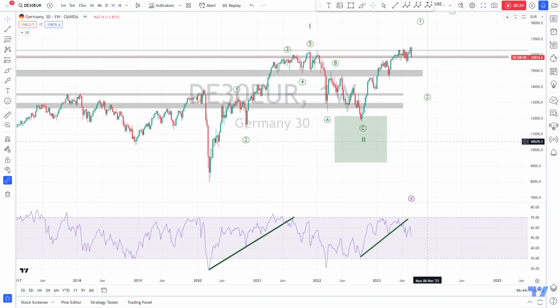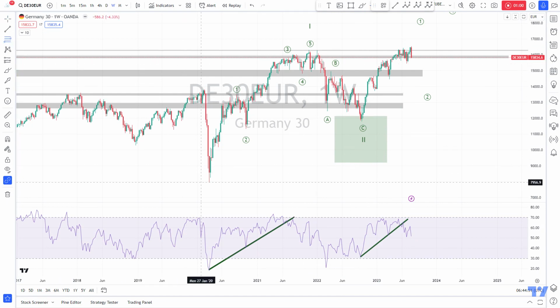So here we are looking at the weekly chart of the DAX. And so I believe from the March 2020 lows, we did here an impulse up in five waves: one, two, three, four, five. We end here with divergence. So this cycle here is over, and now we have a wave two, or we had a wave two to the downside here. Corrective structure A, B, C, and as you can see, we fulfill the minimum requirement for the